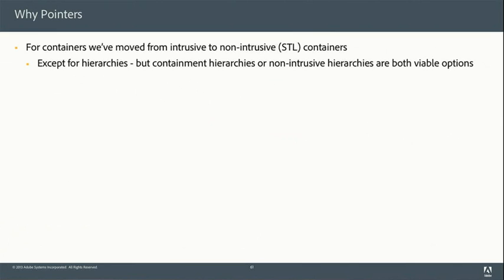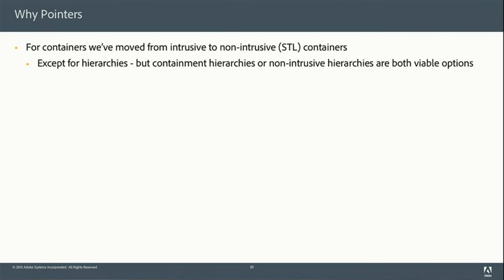A lot of times I see people writing containment hierarchies, and they insist that they have to do this intrusively. Instead of just having each item contain a list of the things, or a vector of things. And yet I still see class frameworks everywhere, with hierarchies of views or hierarchies of message dispatchers, where people tend to build those intrusively.